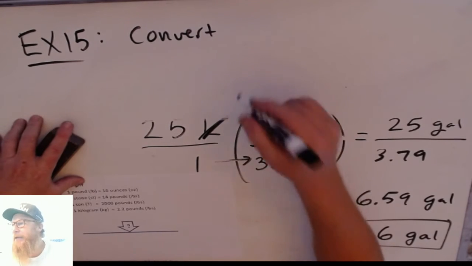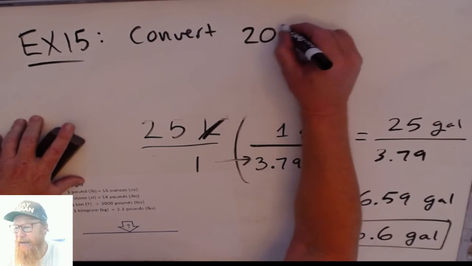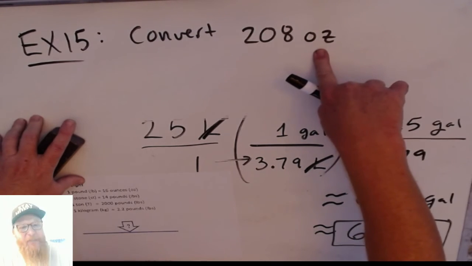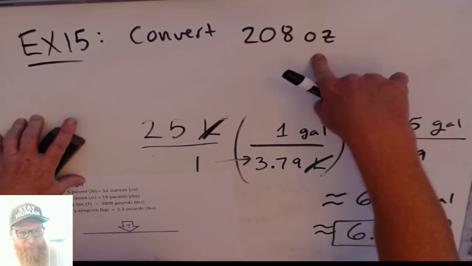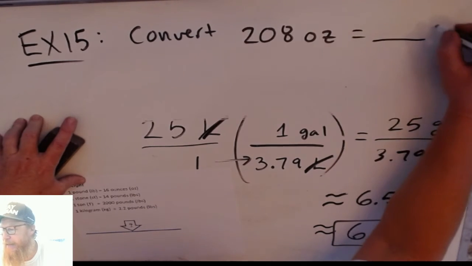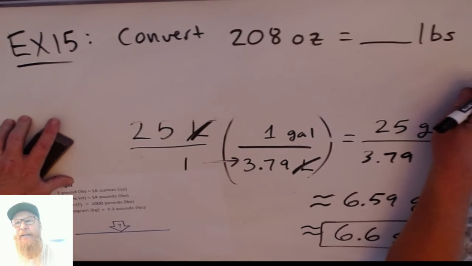Now, when you say OZ, it's not FLOZ, it's just OZ, that's weight. That's actual ounces. All right. And let's convert that into pounds. LBS is